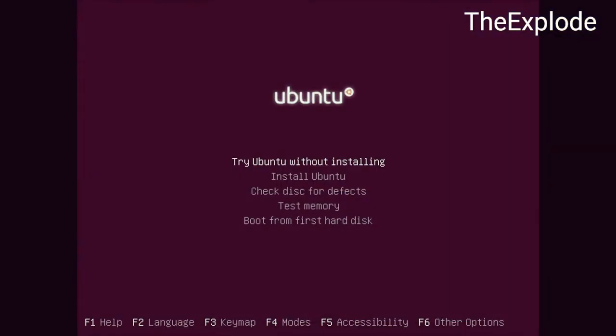I've got the option to boot off the USB stick. Try Ubuntu without installing, check the disk for defects, or boot from the first hard disk. When you first see this screen, it's always good to check the disk for defects, make sure